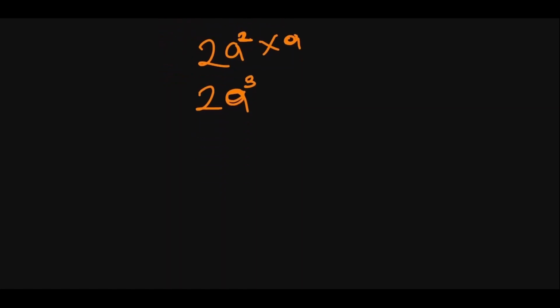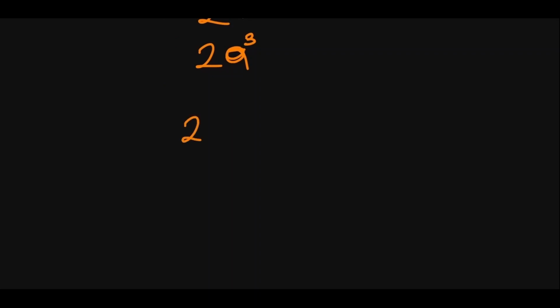Another key difference to note in multiplication compared to addition and subtraction is that you can multiply unlike terms. So if you had 2a plus 3b, you cannot add or subtract. That's how the expression ends. But if you have 2a times 3b, you can multiply this. So multiplication again, 2 times 3, 6. Then a times b becomes ab. That is how it works in algebra.